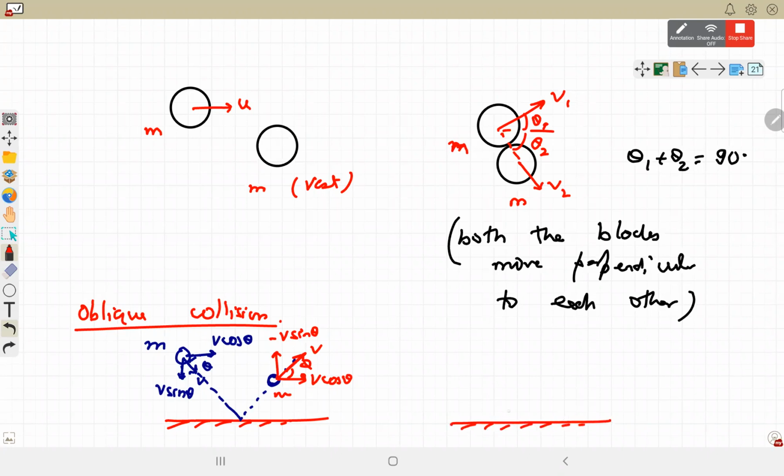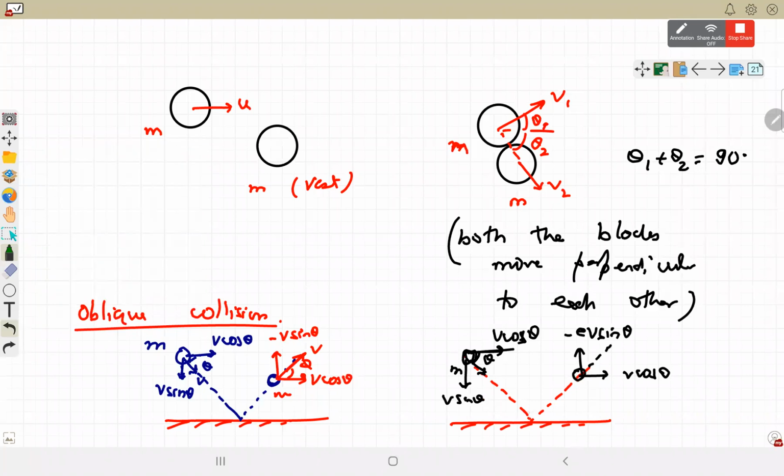If it is a semi-elastic collision, then the velocity component which is parallel again remains unchanged. This is coming with velocity V at an angle theta. V cos theta will be unchanged. V sin theta will become E times V sin theta, but in opposite direction. When the collision is perfectly elastic, it goes back with the same speed. So here the direction and speed both change. Direction has changed because pehle theta angle pe tha, now it will be at alpha angle with the horizontal. So this is semi-elastic.